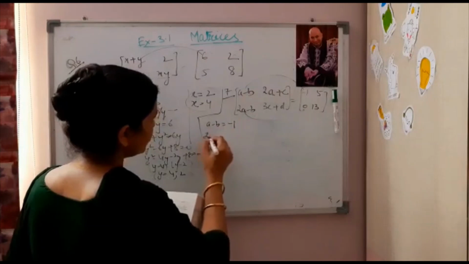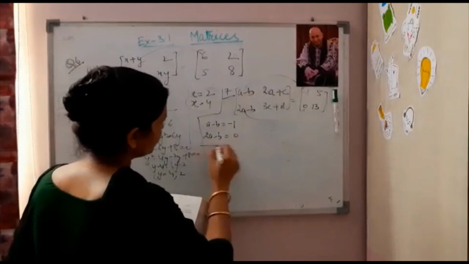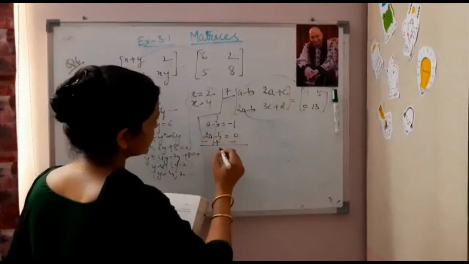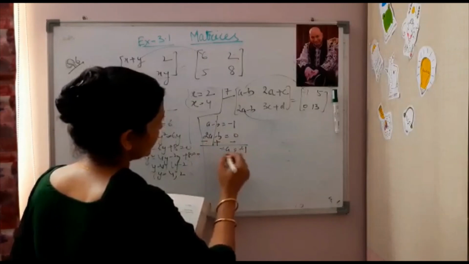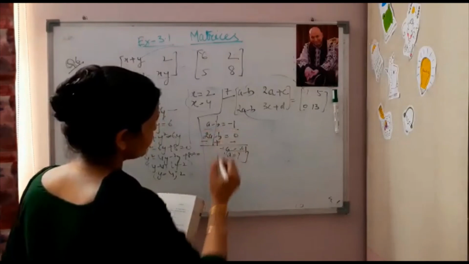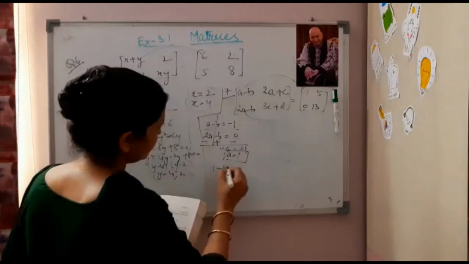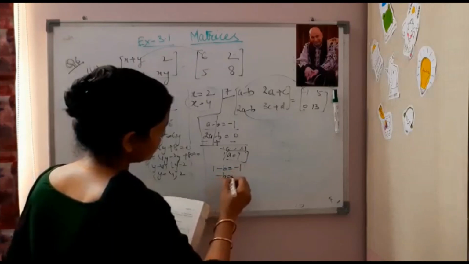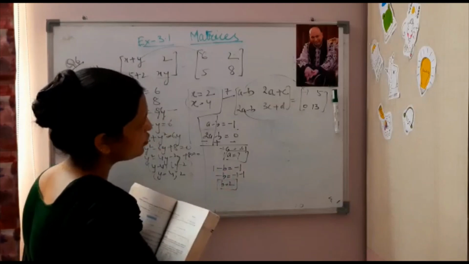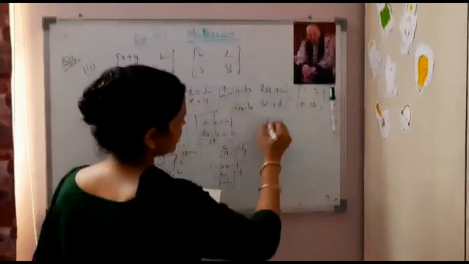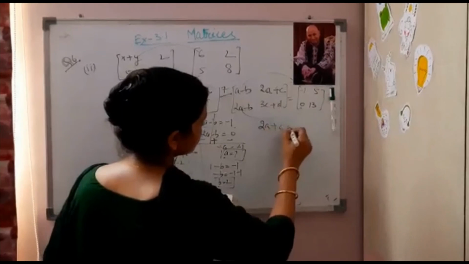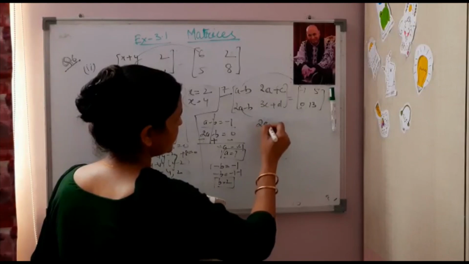इसको equate किया 2A minus B is equal to 0। दोनों equation को subtract करते हैं तो ये cancel हो गया। -2A plus A minus A is equal to -1, A is equal to 1 आ गया आपके पास, right। अब A की value आप first equation में वापस put करते हैं तो आपके पास B आ जाएगा। 1 minus B is equal to -1, minus B is equal to -2, B comes out to be 2, B की value 2 आ गई। Now next equation is your, इसको equate किया हमने 2A plus C is equal to 5, 2A plus C is